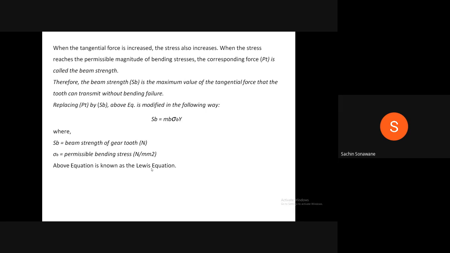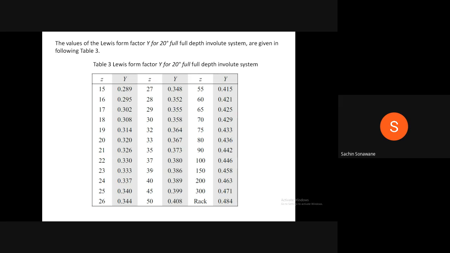I think you have written. The values of the Lewis form factor Y for the 20-degree full depth involute system are given in the following table 3. Therefore, table 3 indicates the Lewis form factor Y for the 20-degree full depth involute system. Now in this table there are two columns. Z is nothing but the number of teeth and Y is nothing but the Lewis form factor. Therefore,